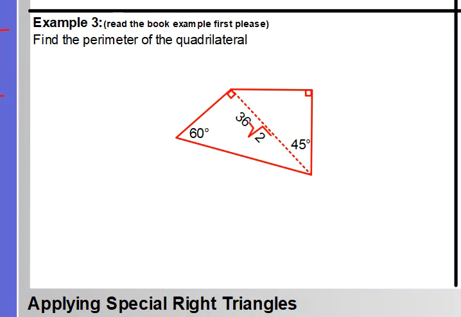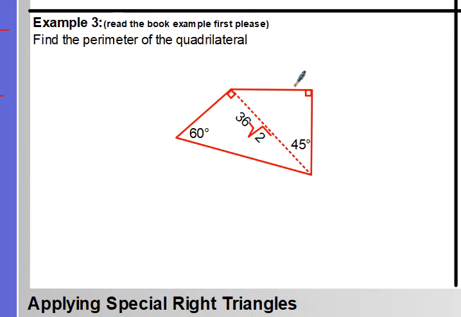Okay, so we're going to find the perimeter of the quadrilateral. A quadrilateral, I'm having trouble saying that, is a shape that has four sides. So I'm looking for the area of this four-sided figure, the outside. All right, so